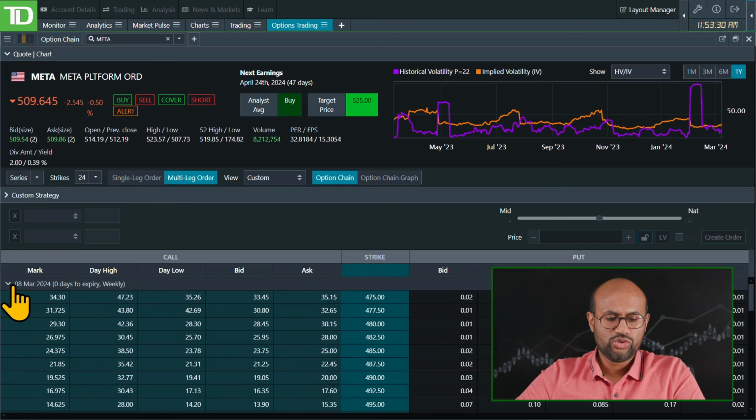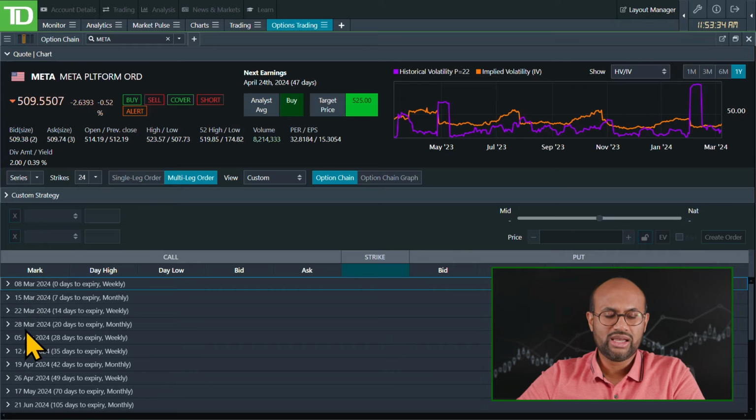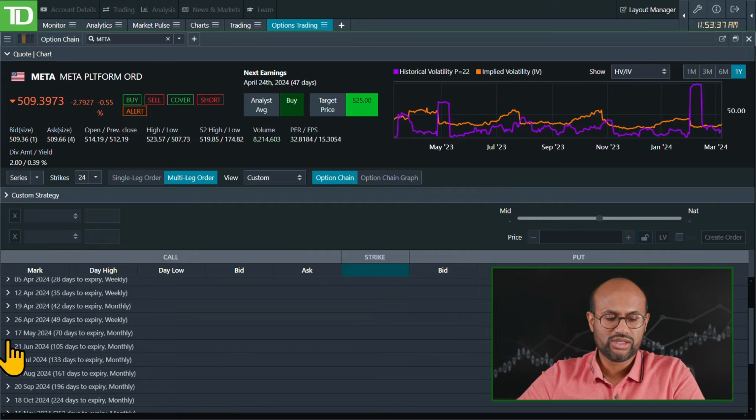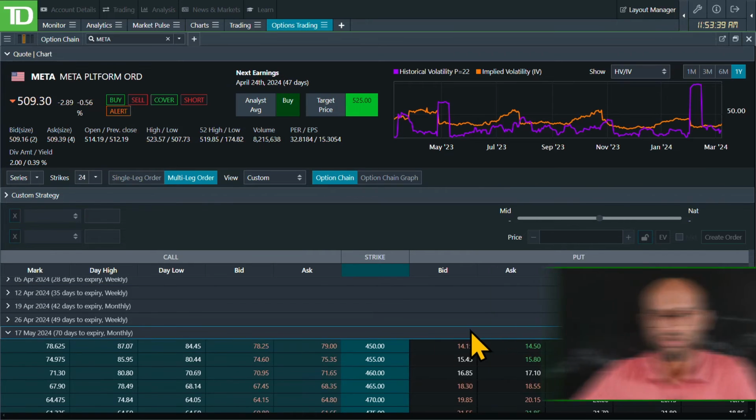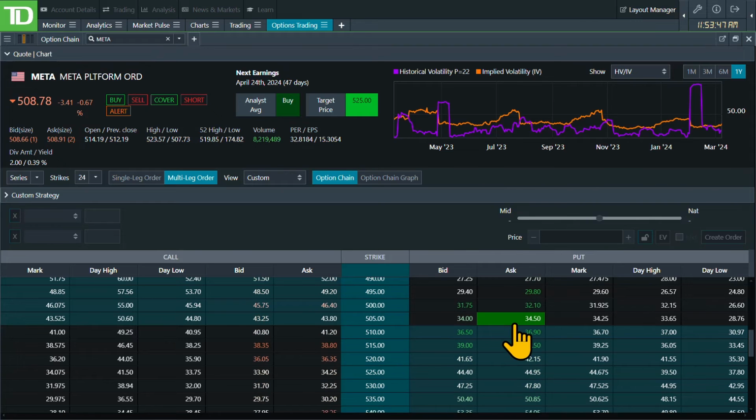So once we have this queued up, again, we're on the near-term expiry. Just make sure you do keep an eye on that, and we're going to go a little bit further out. Let's say we're going to call up the May monthlies over here. Now, what I want to do is I want to choose my strikes. I'm going to choose one that's kind of right at the money. So in this case, we're going to do the 505. I'm going to choose to buy the 505